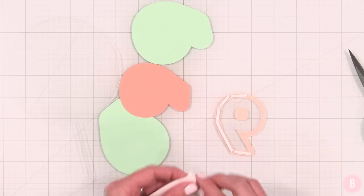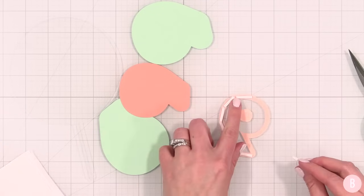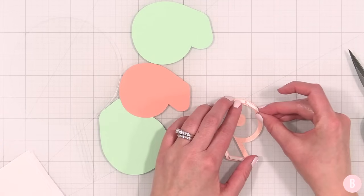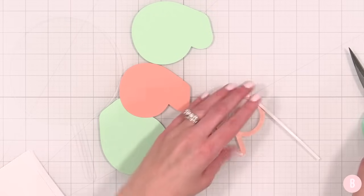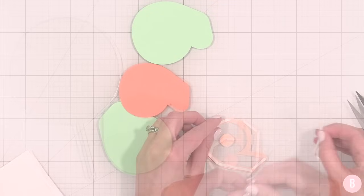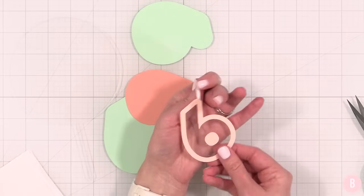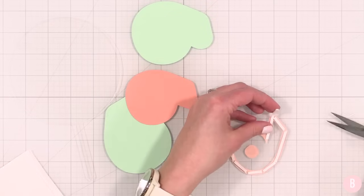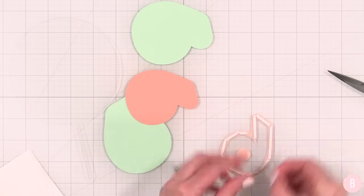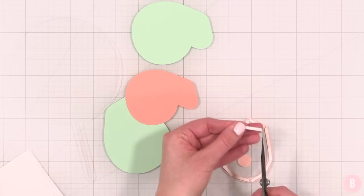Okay, and grab one more. And little gaps like that are fine. It's big gaps like this that you wouldn't want because your sequins would just fall out. But little gaps, depending on the size of the fill that you're using, you'll just want to be mindful of that. Okay, finishing up the last couple little spots and checking to make sure that I don't see it from the other side. And the fill that I'm going to use is just a really thin sequin, so I'll be okay